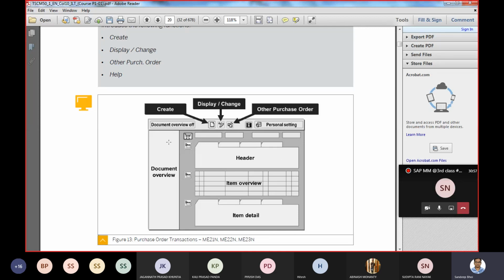Your purchase order screen will look like this. On the left-hand side you will see a tab called document overview. On the right-hand side, the first one is header, the second one is your item overview tab, and the last one is your item details. All the information about the particular item you will give in the item overview. Over here you will give the plant information, for which plant you are ordering the item,